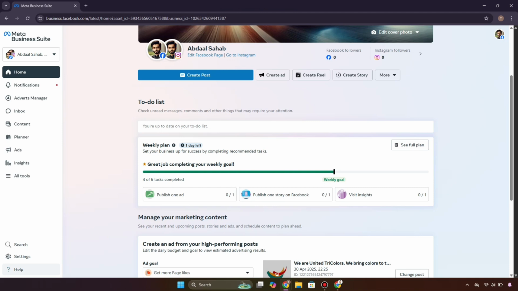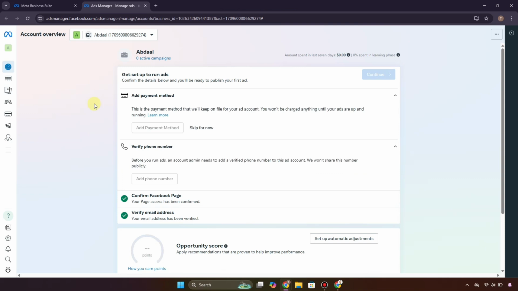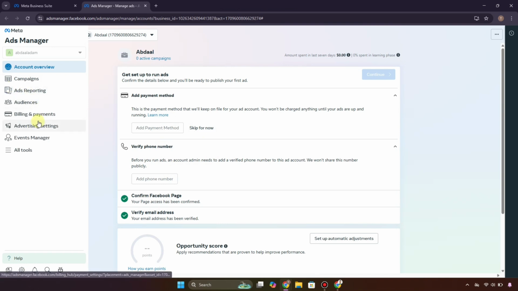So first you have to simply go to your Meta Business Suite, make sure your Instagram is already connected. Then from the left side you have to click on your Ads Manager, go to its overview, and it will just take a while and it will take you to this page. Now what you have to do is that first we have this option to add payment, but you can say it is working. Then you have to go to billing and payment, and if you see your card is removed,